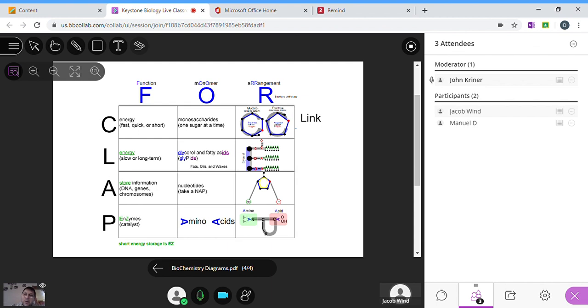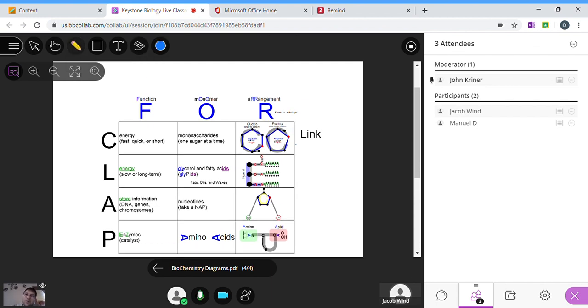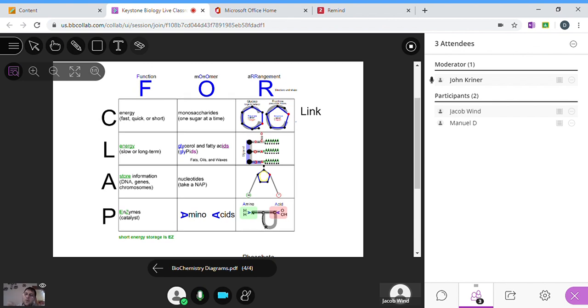How do you build a carbohydrate? What are the monomers that carbohydrates are built from? Well, carbohydrates are sugars. The Greek word for sugar is saccharide. So if you went over to Greece